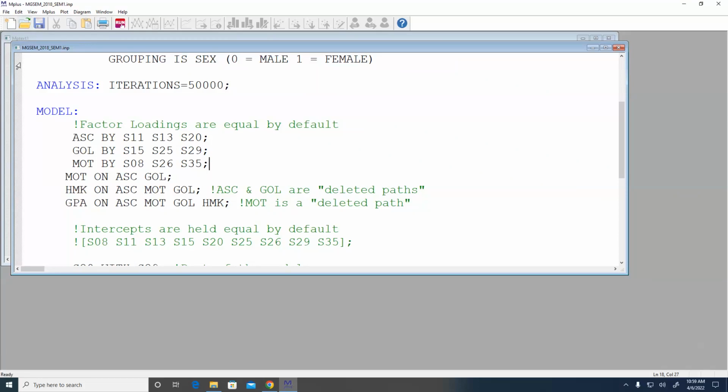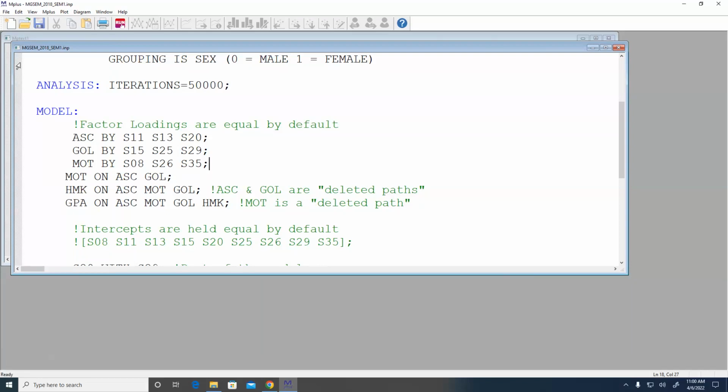So first model here, we want to keep track of this, by the way. Our chi-square is 80 with 81 degrees of freedom is 104.31. We have the 3 deleted paths. That's really all we want to look at here, right? And in some sense, we don't even have to. I take that back. We don't even have to look at that here necessarily, because this is just the baseline model. We haven't even constrained those to be equal to each other.